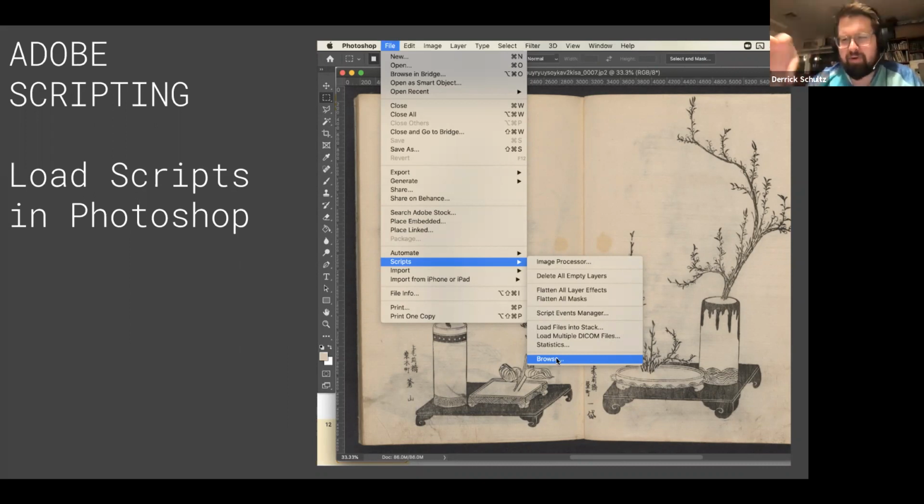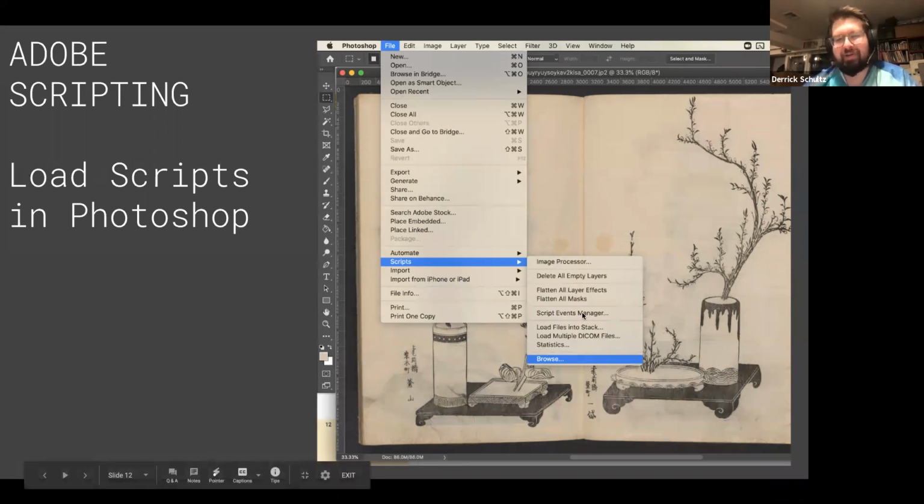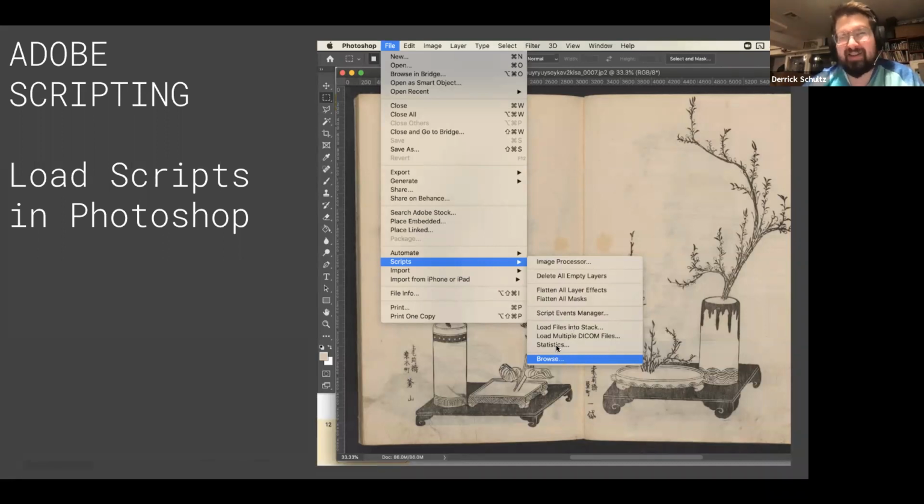There's also a pretty convoluted way to add scripts to this list by finding a folder inside of your settings and uploading it there. If anyone's interested in that, I'll provide a link to that. But you can add links to your default scripts. I've found that once this gets above 15 or 20, you've got to start scrolling through that list and it gets really annoying. So I tend to just browse to find whatever scripts I'm using. Actually, I tend to use it mostly from Visual Studio Code, but we'll get into that in a second.